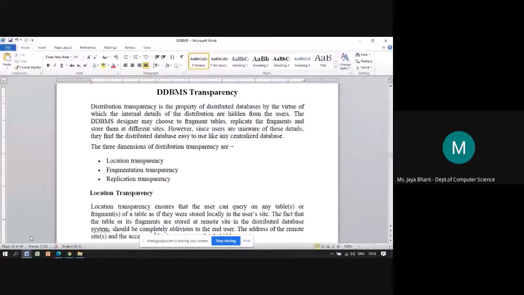So that's this transparency. Distribution transparency is the property with which the internal details of the distributions are hidden from the users.